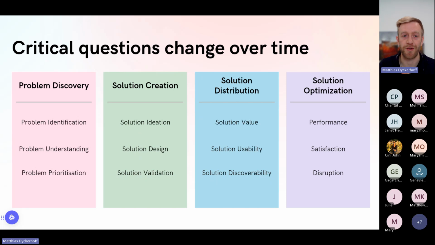And then we can move to, okay, let's try our solution. Okay, let's ideate it, let's design it, and let's validate that it actually is meaningful. And then, okay, let's look at distribution. And these are all intertwined, but typically you follow some sort of process like this. You look at, okay, does the solution bring value to customers? Is it usable? And are they able to find it? And then once you're on the market and you have a working product, then you're looking at, okay, what is the performance of key metrics? What is the customer satisfaction around this? Are they staying around? And are we actually taking the market share and growing over time? And each of these will have different approaches to testing as well.